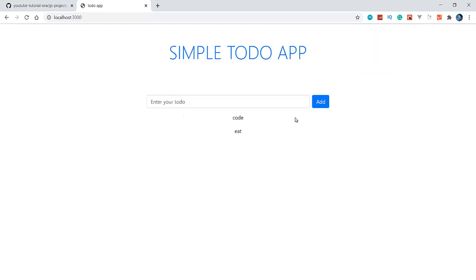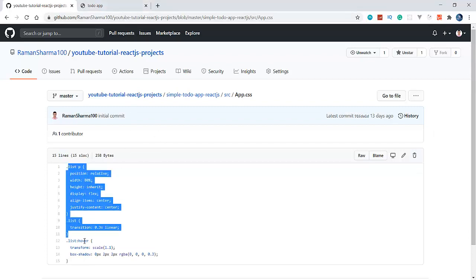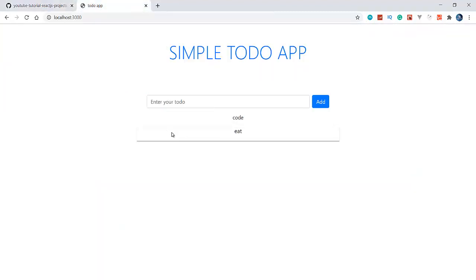How is the CSS applied? Because I copied this CSS into app.css, I predefined the classes here. So this is the CSS. I already copied this CSS in app.css, so please copy this. This is just to save time here. But here, since it is not completed yet, and this checkbox is also not showing here.